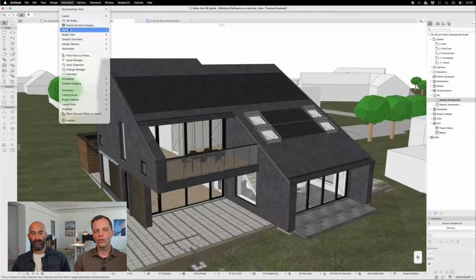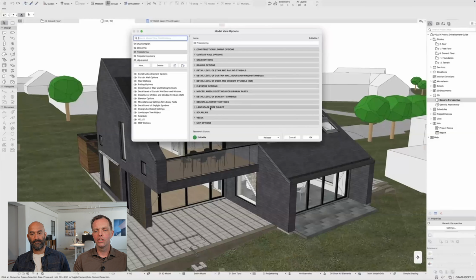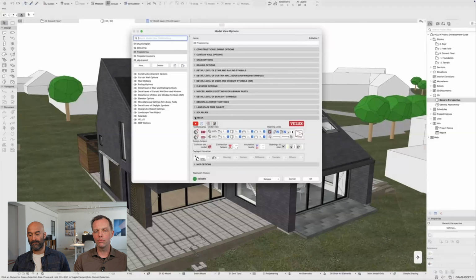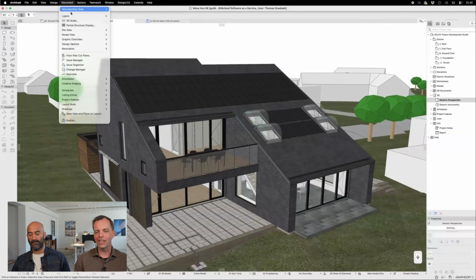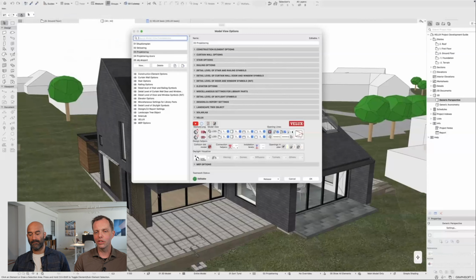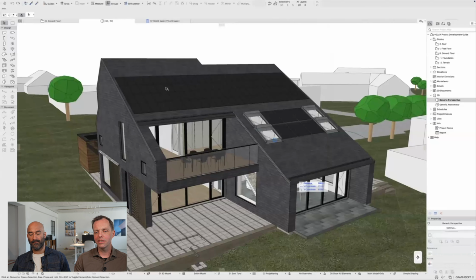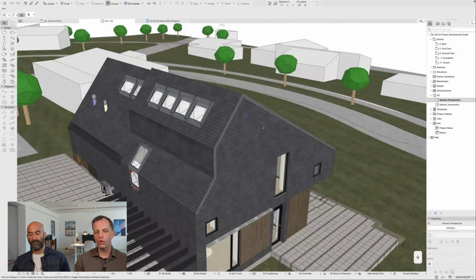So the way this works is I open my model view options. I choose the pane with the windows, VELUX part. I can choose the country for the products and also the language displayed, and I can choose the level of detail. I can show how much the windows will use of space when opened, and I can also turn on some